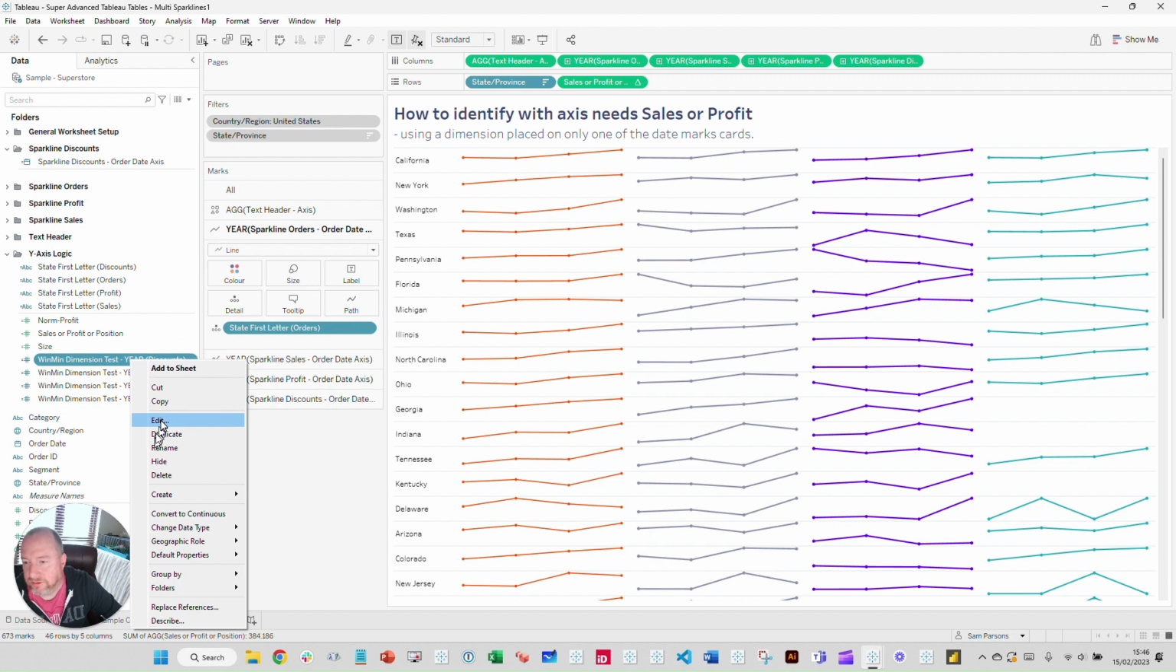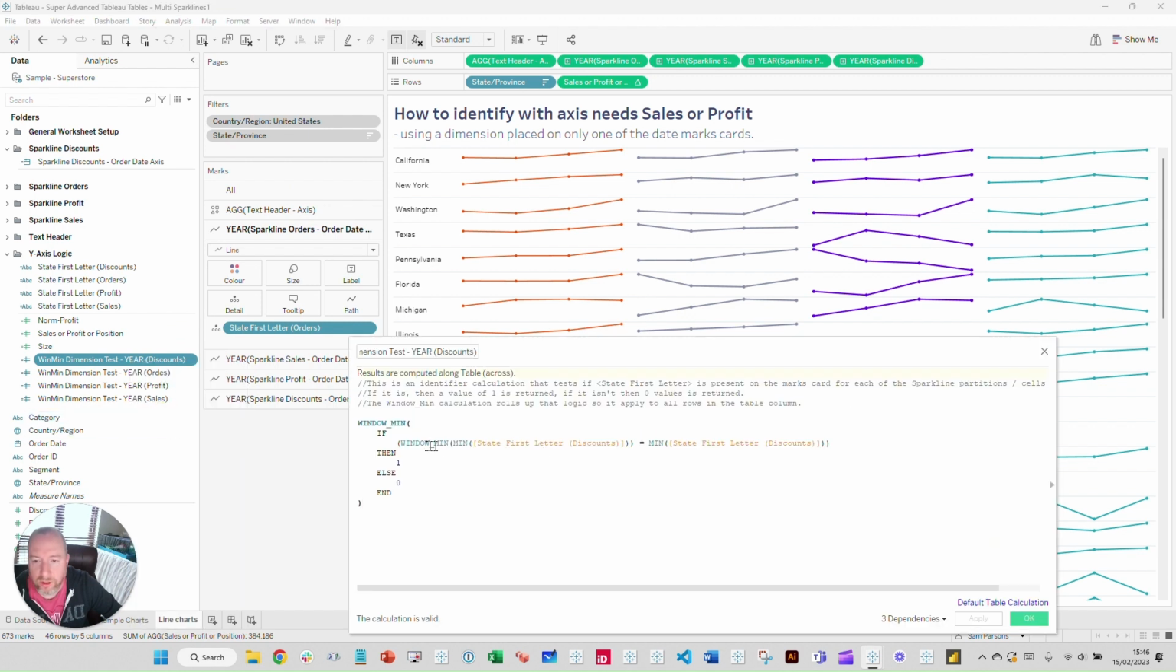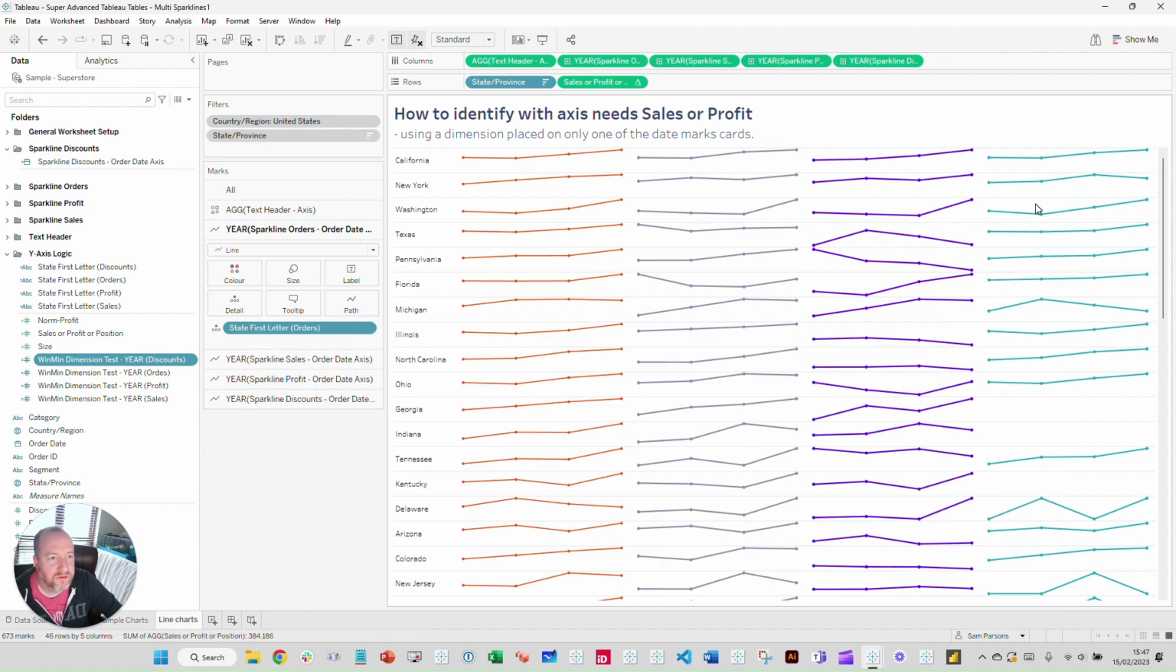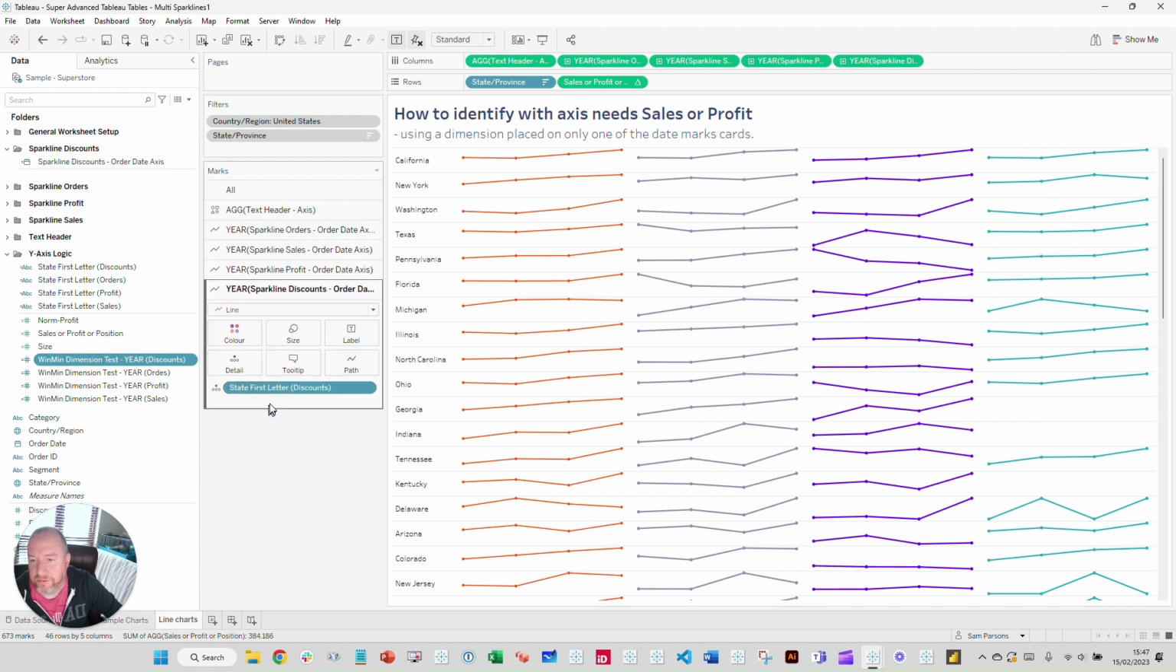So in terms of the test that we ran for the discounts, we're just duplicating the same calculation, but this time we want to just identify where we have the discounts state first letter on the marks card. And what I was trying to show earlier was if I was to change state first letter from the discounts to say profit, we should, hopefully if we watch these 2 cells here, get a repeat of the profile that we're seeing in these 2. So state first letter for the profit,